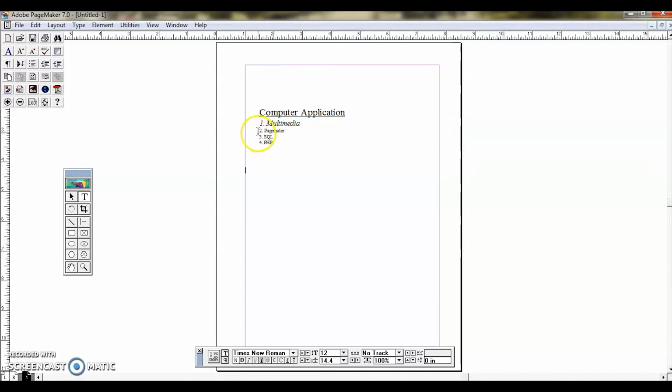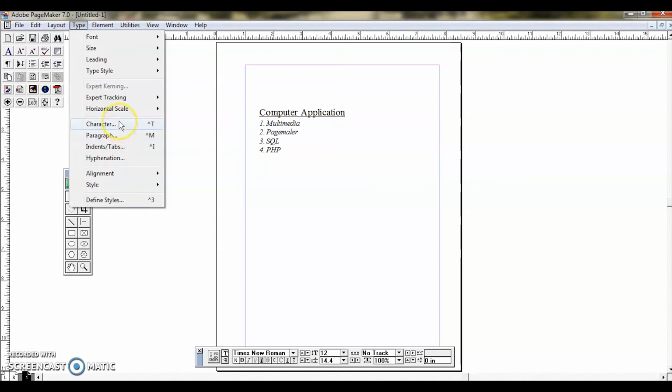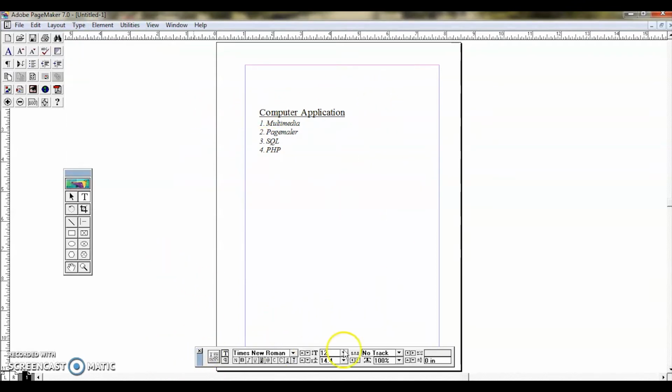Okay. Suppose not only one line you consider. Suppose I want to apply this for the other three. For this also I can click the same Times New Roman, and if I want I can click 18, and now if I want to have italic, I can have italic. Okay. So now for these four I have applied the same style. Right. So now we have seen using the character specification dialog box you can format your characters, or you can format using the character control palette given